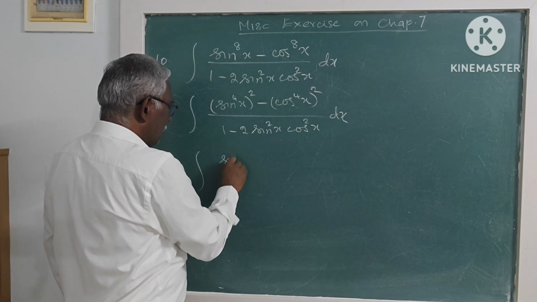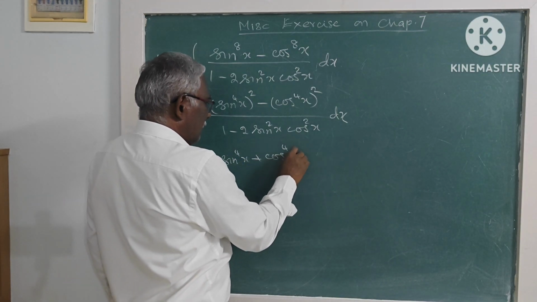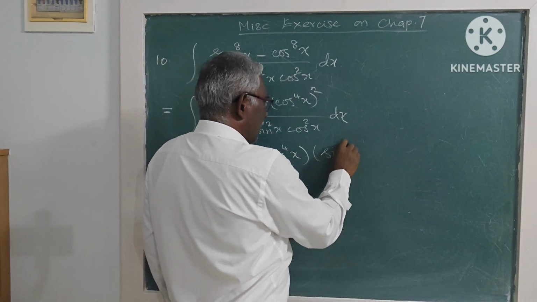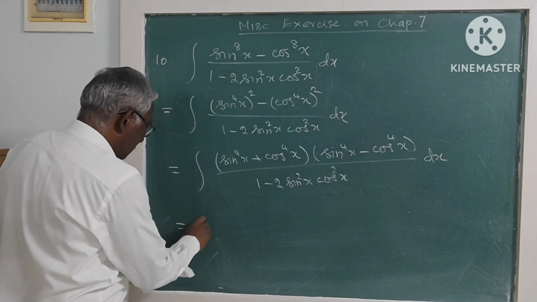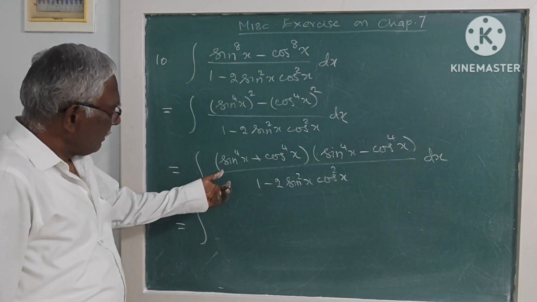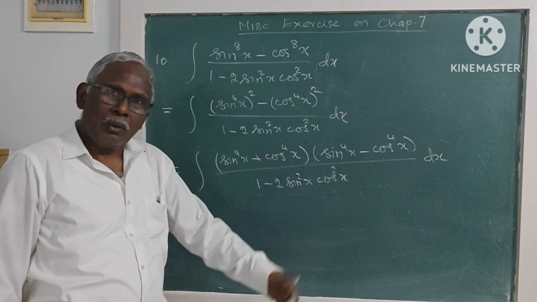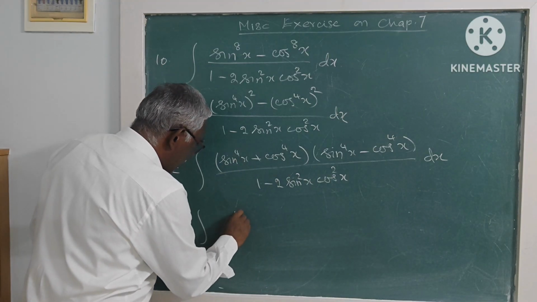So sin power 4x plus cos power 4x into sin power 4x minus cos power 4x. Now this we can write sin square x plus cos square x whole square like that. Then let us see what happens. Sin square x